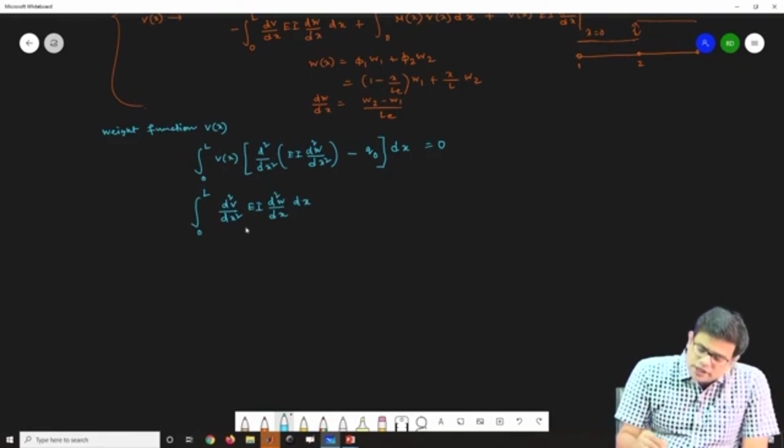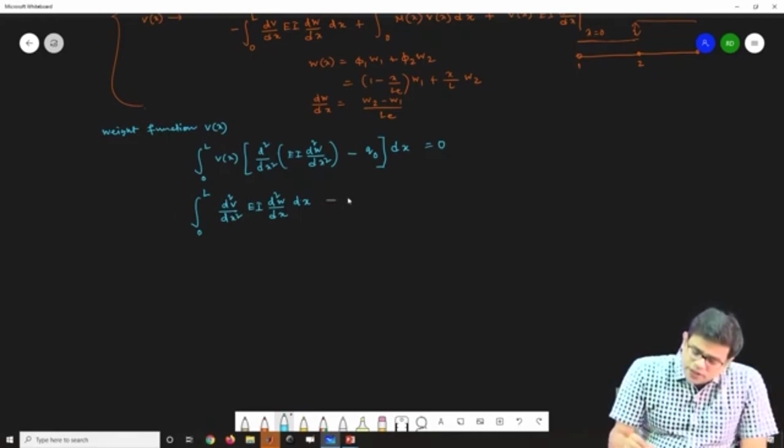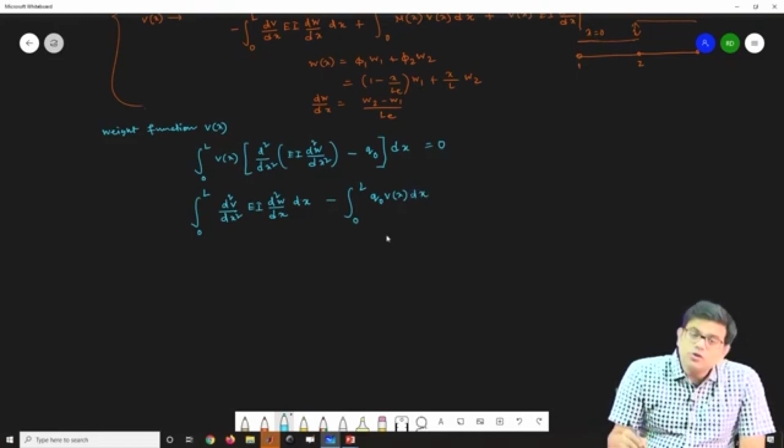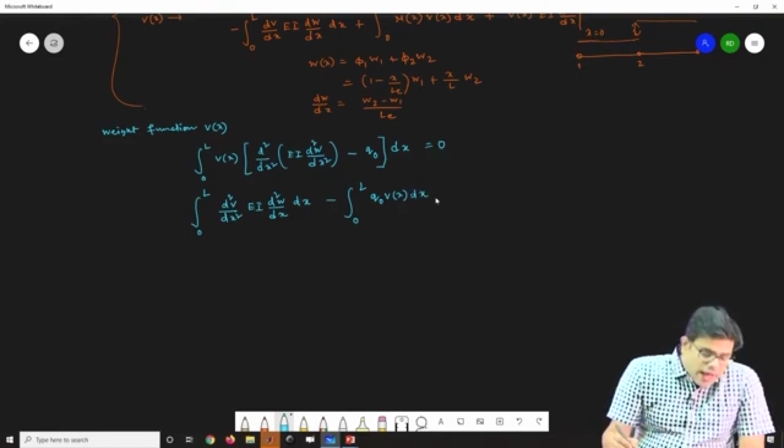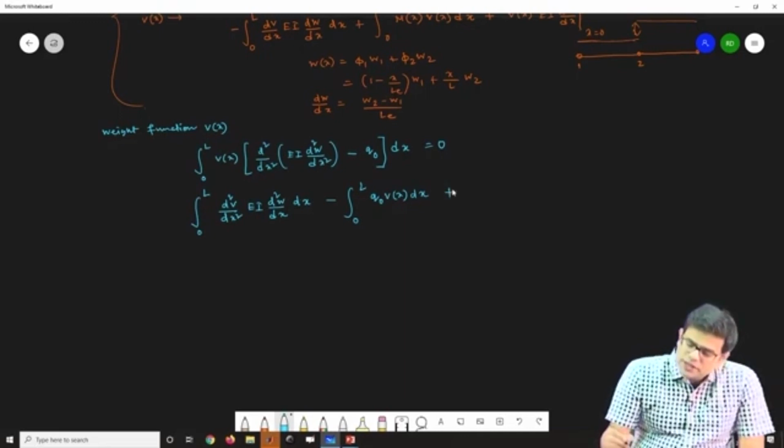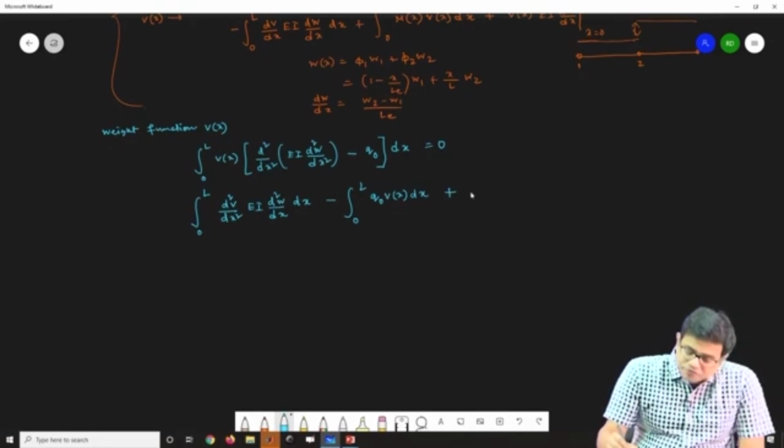So this will generate my beam stiffness matrix, and then integral 0 to L q0 v(x) dx. So this will also generate my body force term, and then I will have 2 boundary conditions,